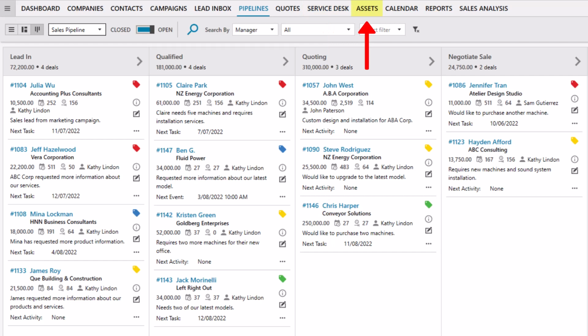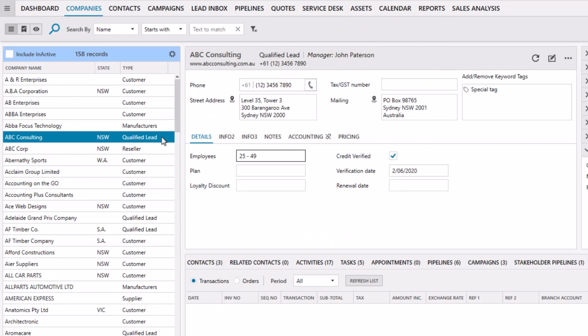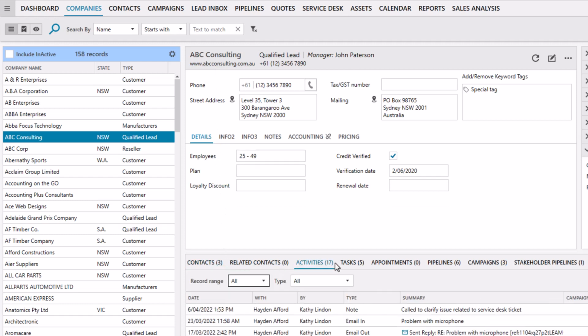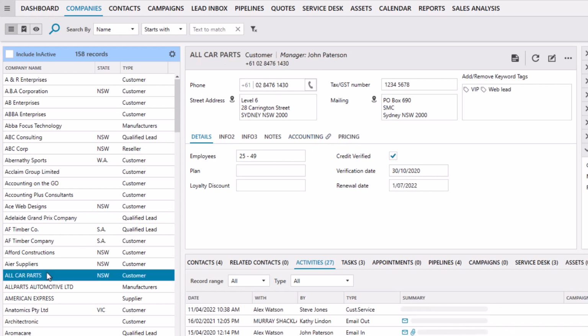When you select a company in Legrand CRM, you can find information such as the company name, website, phone number and address, the contacts at that company, recent activities, and more. The icon in the Accounting tab indicates whether a company links to MYOB EXO. You can see that the accounting link for ABC Consulting is inactive. If we look at All Car Parts, you can see that the accounting link is active, which means the company